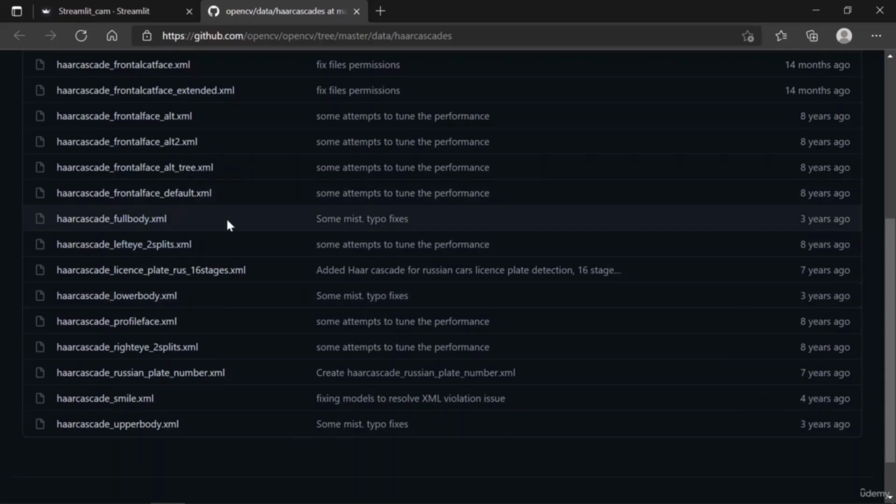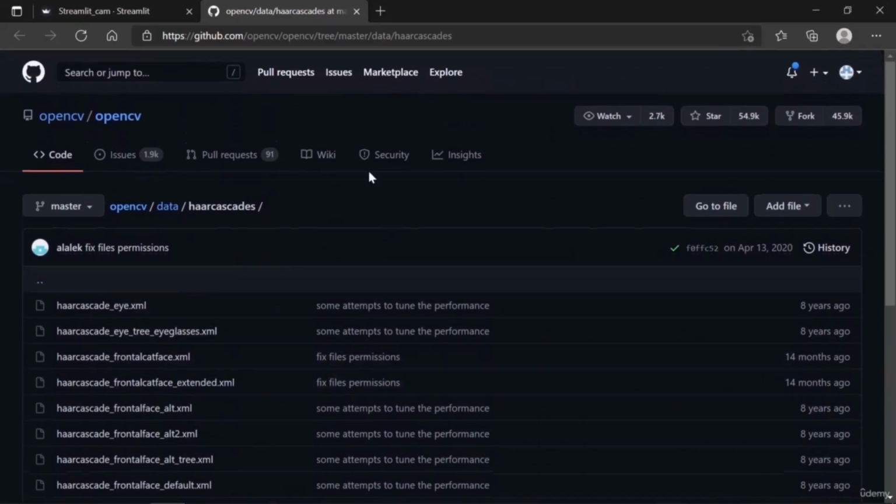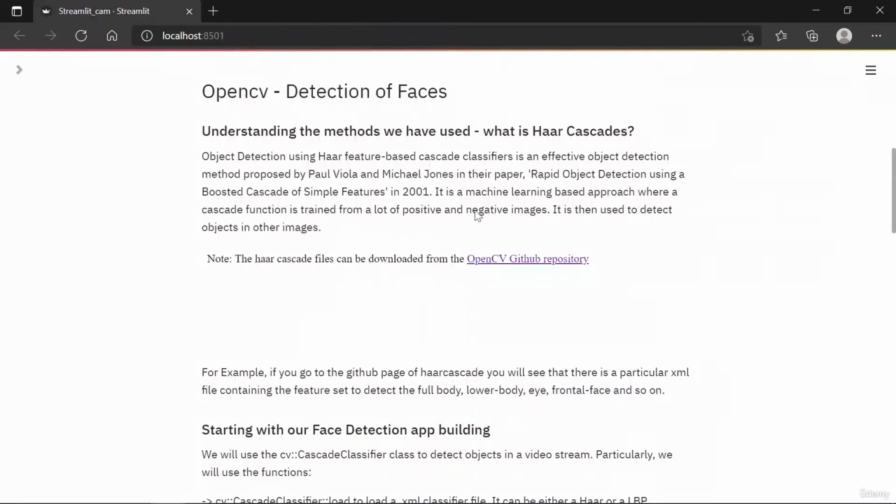So you can directly use these XML files to detect whatever they specify. If it's a full body, you would be able to detect a full body in an image. If it's a license plate, you would be able to identify a license plate in the image, and so on. You can use them in your other projects also. So moving forward,